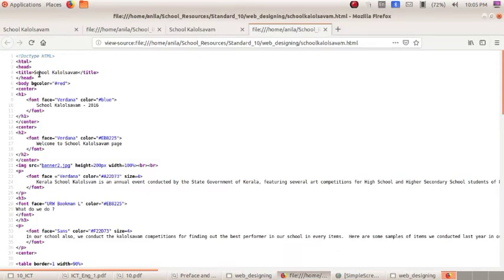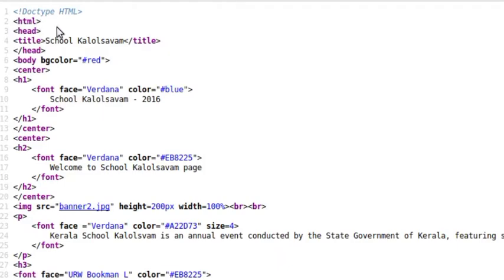See, html is a tag, head is a tag. Here font is a tag, but face and color are the attributes of the font tag, which means that the properties which are given inside a tag are known as attributes. So face and color are the attributes of the tag font.